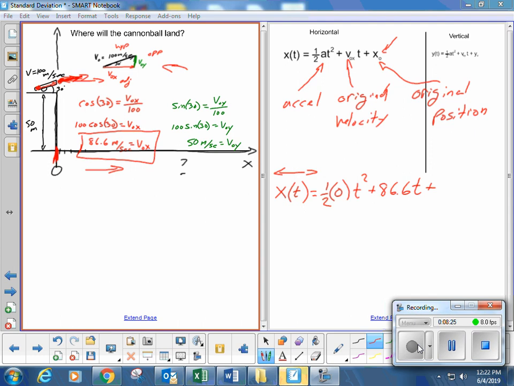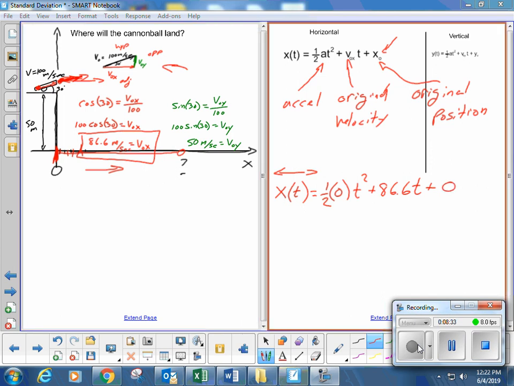X is 0, and then we'll count 1 meter, 2 meters, 3 meters, 4 meters, all the way until it lands. So I'm putting the original x position to be a 0. So that's right there. When I simplify this equation, I have x as a function of time equals this piece